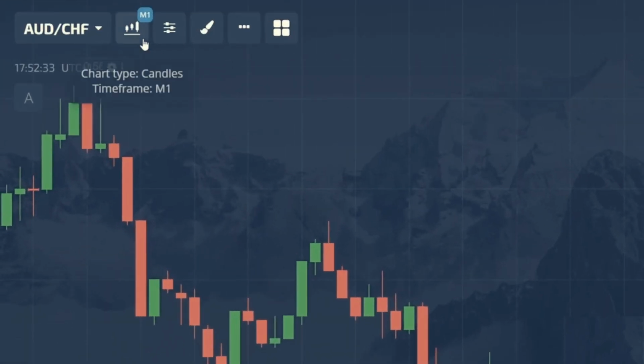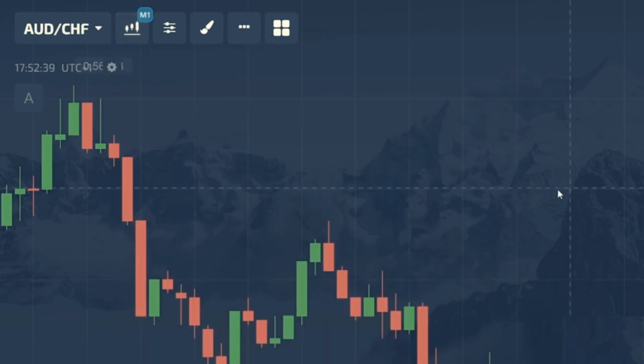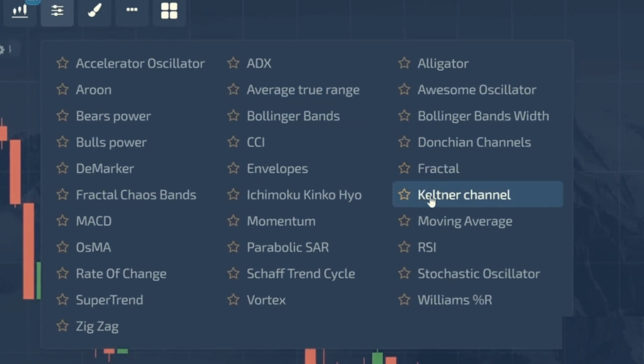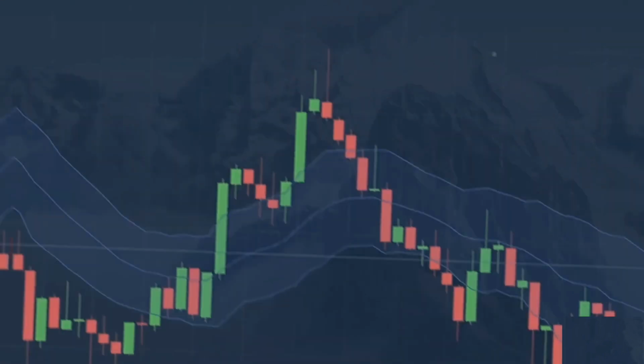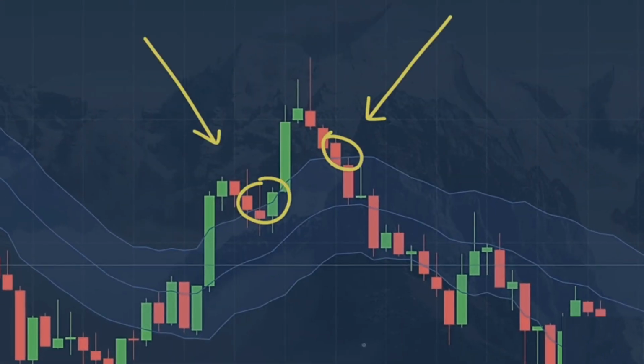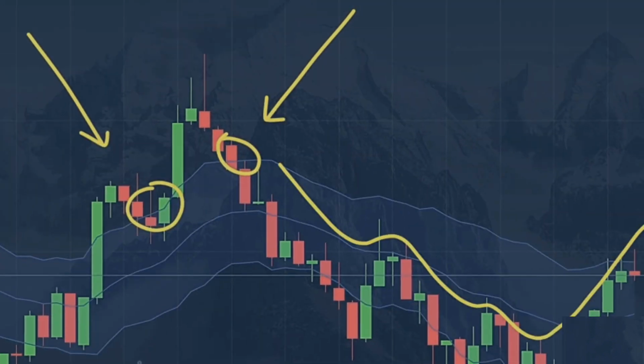As in all my videos, the first step is setting up indicators for trading: market type candles, time frame 1 minute, nothing new my friends. In the indicator section I include a Keltner channel and stochastic oscillator. I'm sure a lot of people have already used or know these indicators, but it's too early to draw conclusions because the method of work will be changed, and I think few people know about some of the